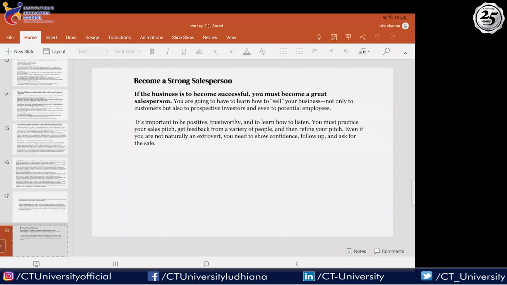Then business: for any business to become successful, you need to be a good salesperson. So technology is not enough. Most of the time people feel they are very good at technology and at ideas, but they don't know how to sell them. Unless you know the market potential for that particular idea, so at times you have to create your potential market. Like Amazon, for example, there was no potential market as such. They were the first entity which breached and created their own market.